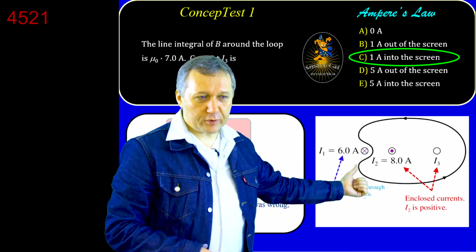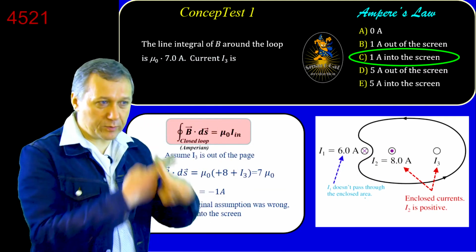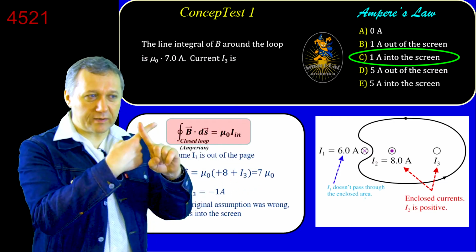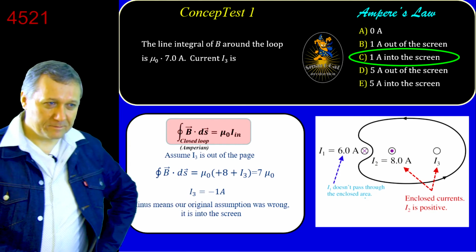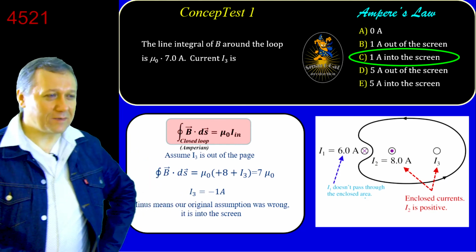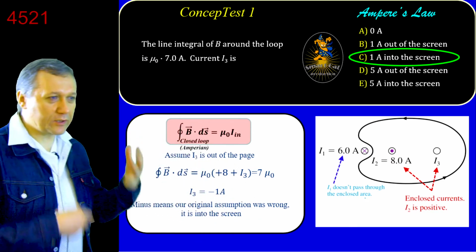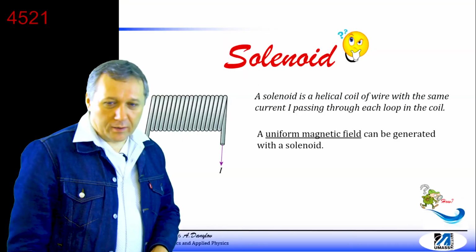But for example, this current I1 represented by the cross means into the page, because if an arrow flies away from you, you're going to see the cross, basically the stabilizers of the arrow. Right. Okay, thank you. We used this trick already many times, so that's why I was a little bit faster than usual. Okay, so next,